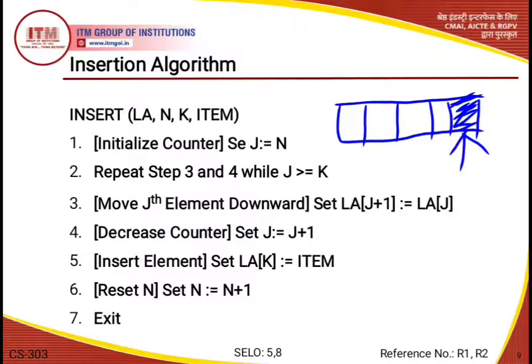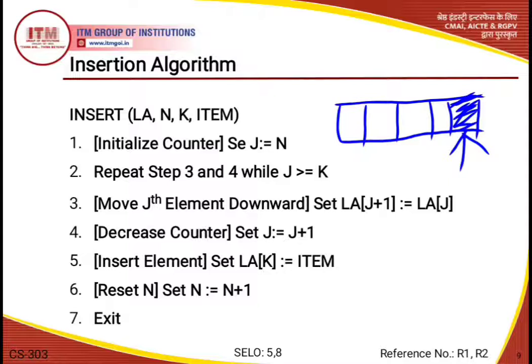Okay, then we insert the element which is indicated as set LA k is equals to item. When after decrement we are getting the empty space which is indicated as k here, then we insert this selected item at this position